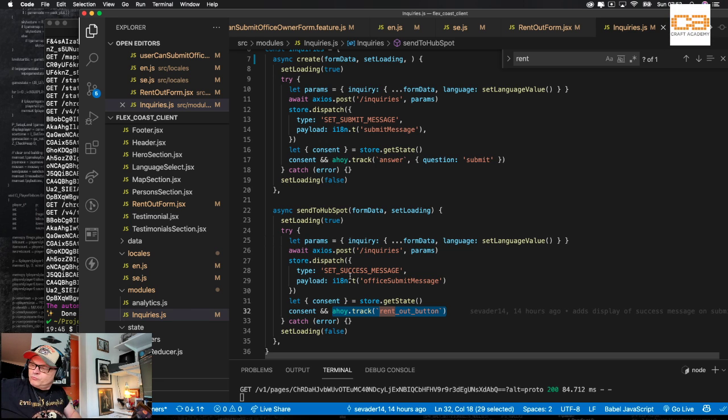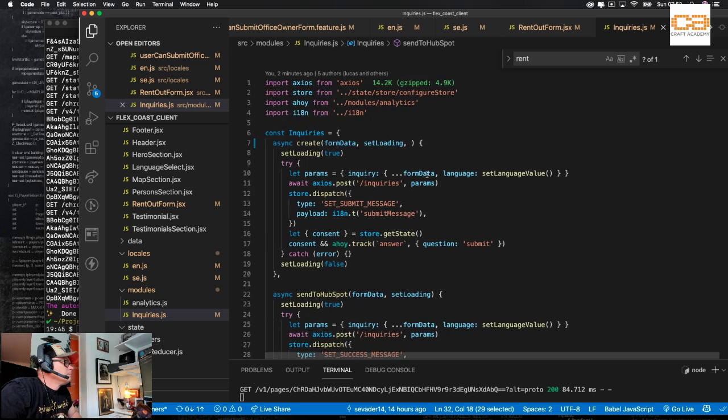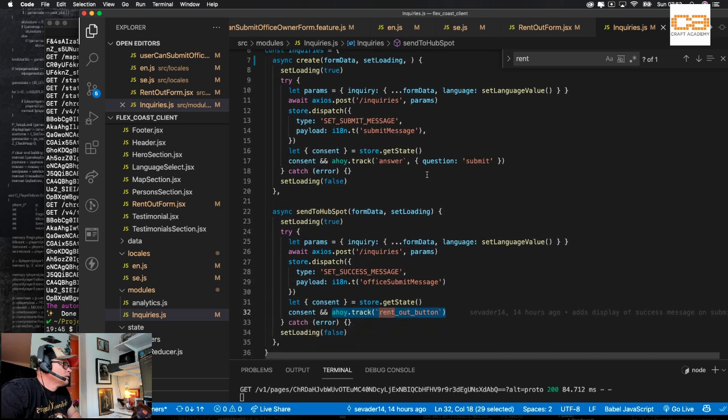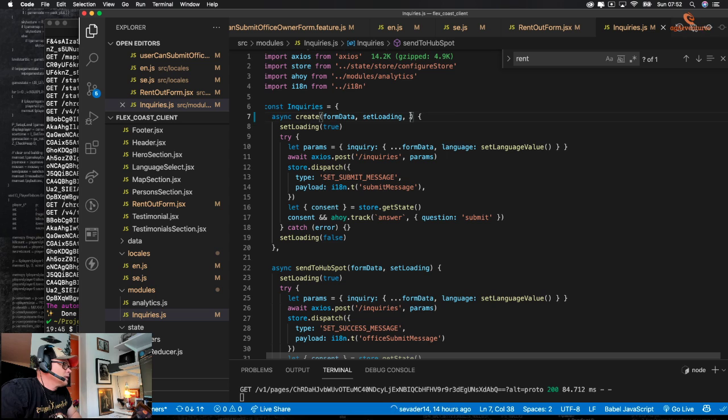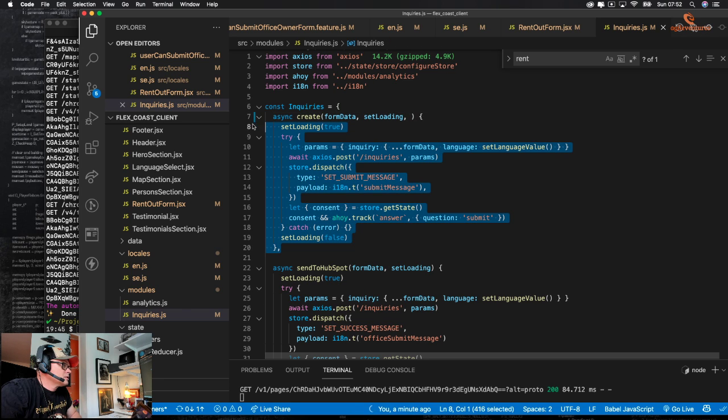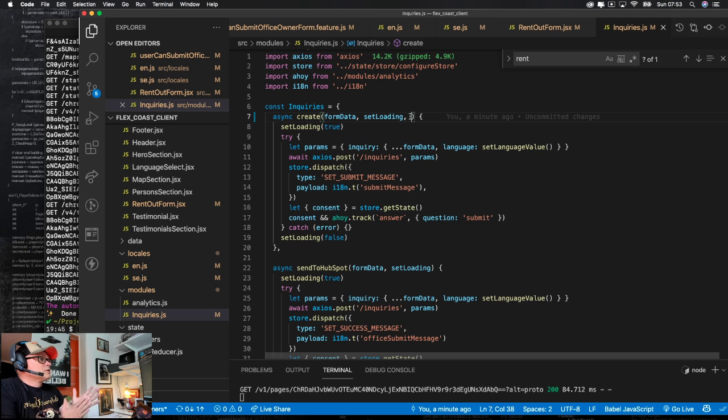So I just want to say, I don't know, I want to use this create action, but I want to condition certain things. So why don't I just say create, and then could I just say type or something? Form type.